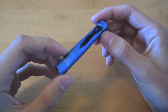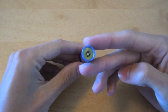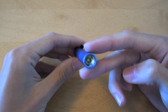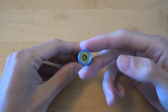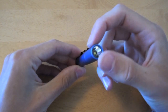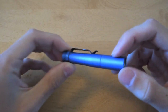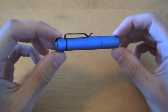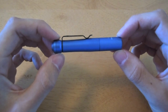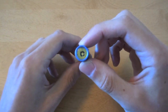Alright, now some more specifications. The light is powered by a single AAA battery and is using a Cree XPG R5 LED. You can see it in there. The LED is protected by an optical grade glass lens with an anti-reflective coating on it. This little flashlight has 7 different modes and 3 different brightness settings with a low, medium, and high setting. The high setting comes in at 70 lumens,